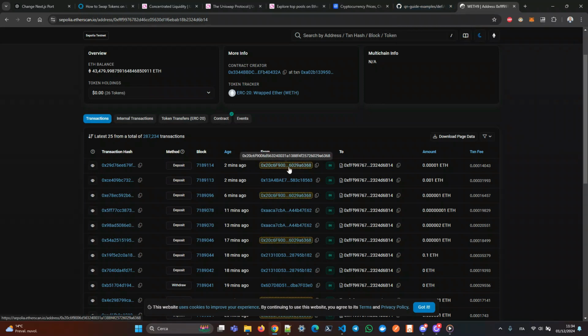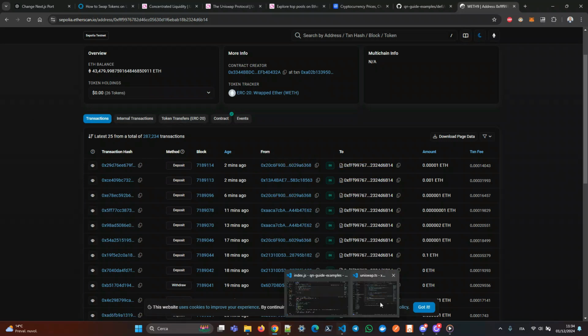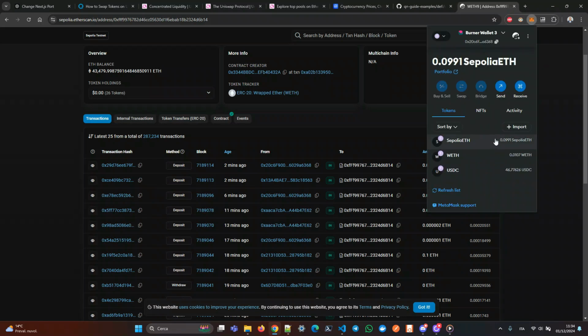Maybe because there are these dots here. Okay, so the transaction has been performed. So here now I can see a higher amount of wrapped Ethers. Since I have this amount of wrapped Ether, I can perform the swap between wrapped Ethers to USDC,